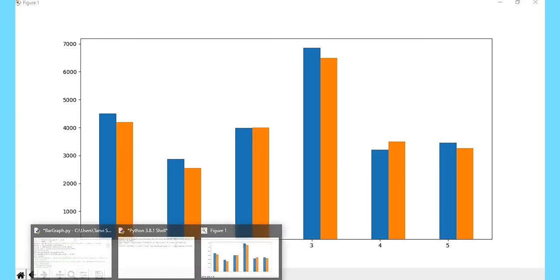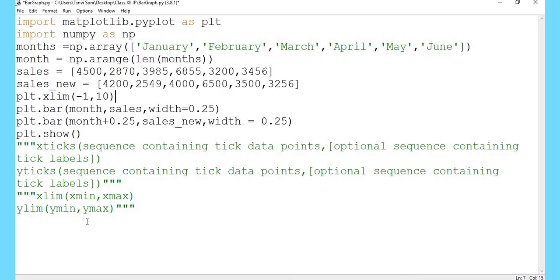We can set limits for both the axes using the xlim and ylim functions. Xlim sets the limit from x minimum to x maximum. Similarly, the ylim function sets the limit from y minimum to y maximum, with -1 being the lower limit and 10 being the upper limit.